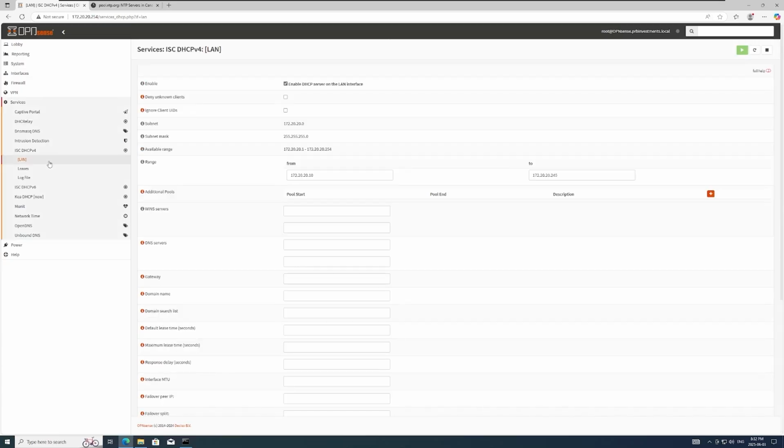Next, under services, I'll expand it and I will click on ISC DHCP v4. Then I'll click on LAN. And this is where we could configure our settings for our DHCP service. And this is where we can configure our options for the DHCP service. So for the range, I will change the end range to be